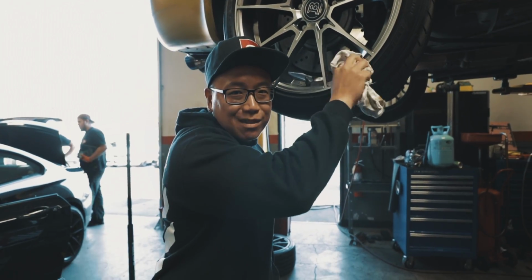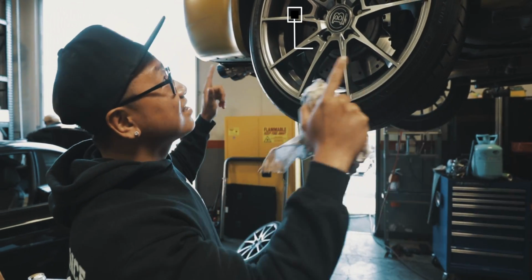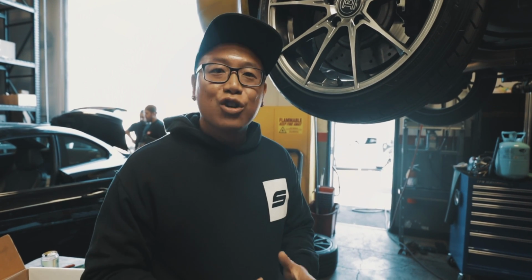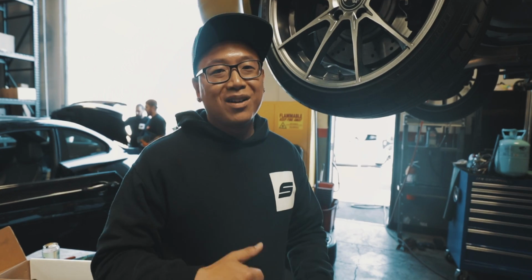All right, what's going on, everybody? Just cleaning up these nice, beautiful rims real quick on this Austin Yellow M3. This car is so gorgeous. Car got dropped off. It's a previous customer that has gotten a lot of work done with us. We have prevented her from all her oil leaks. Now she is ready to get the rod bearings done on this